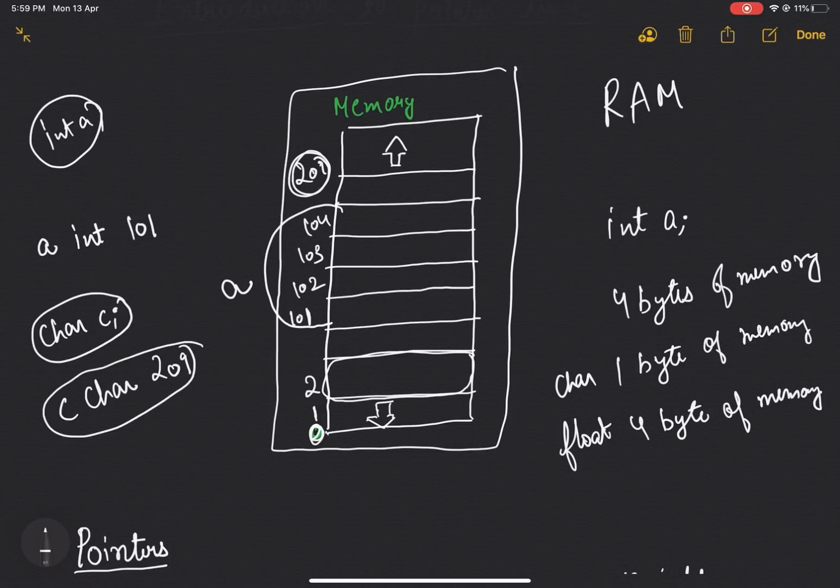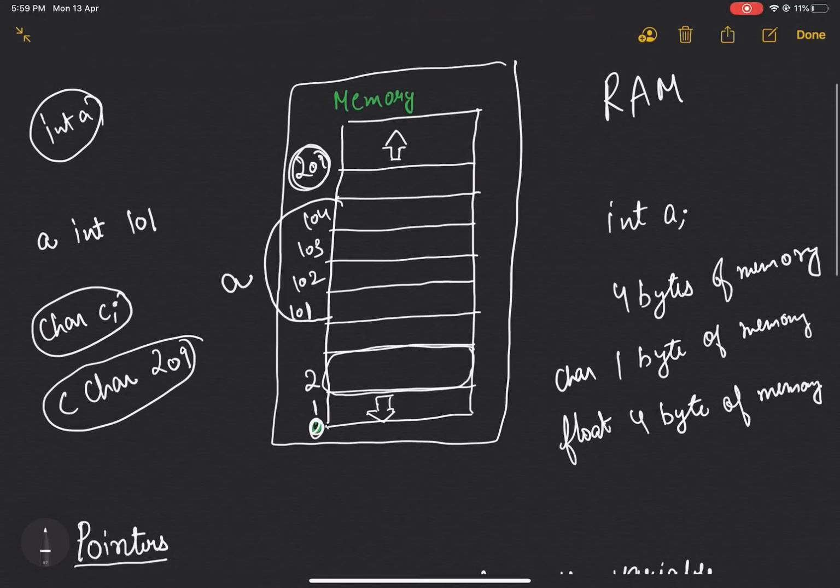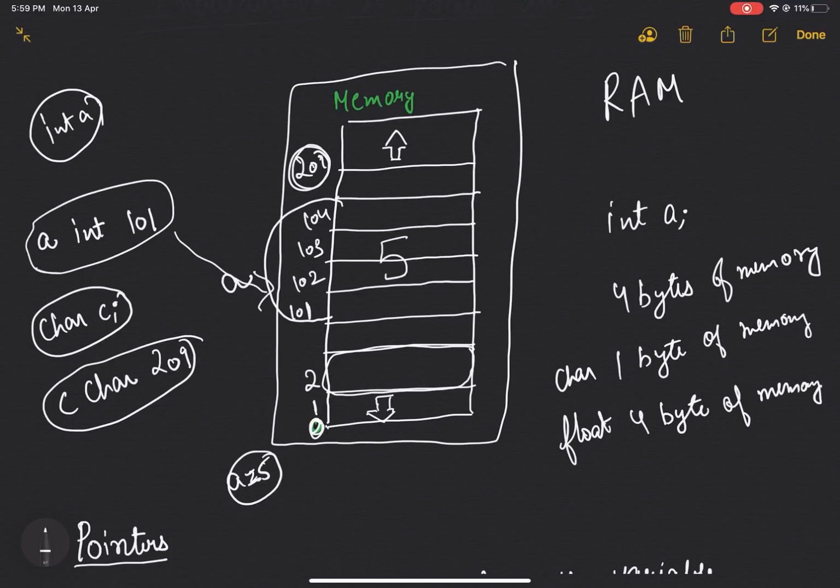Now if I update a variable, let's say a is equal to 5, then with the help of the lookup table the computer will go to that memory location and update the value to 5. Actually the value will be written in binary, but for the sake of simplicity we are writing it in decimal form.